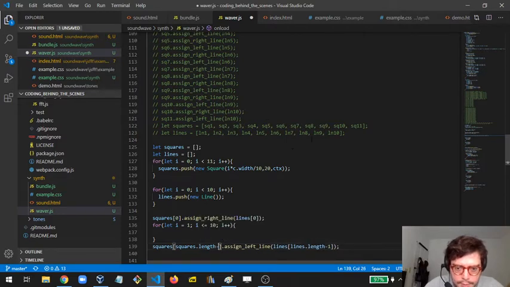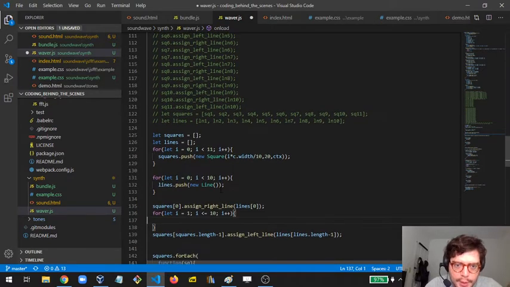I guess I could just change the numbers here later if I wanted to make more lines and more squares. But I guess this loop here is going to be something like